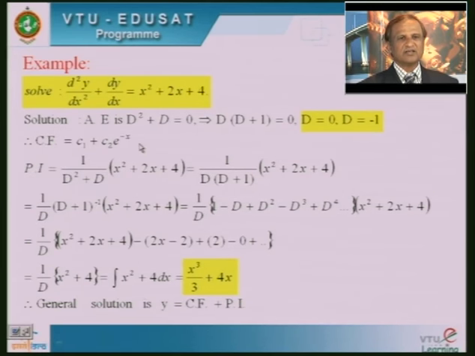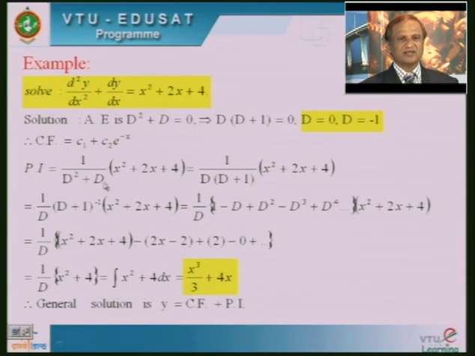Is it clear? Right. So, now we want to find a particular integral. First you can write it in this symbolic form, 1 upon, this term can be written as D square, the second term can be written as D, into the right hand side member, whatever they have given, I have written the same thing, x square plus 2x plus 4.